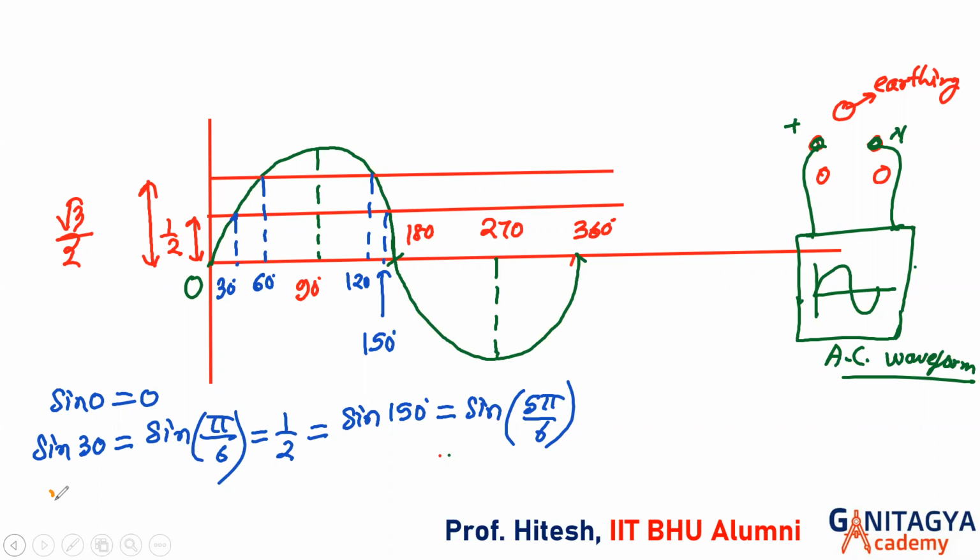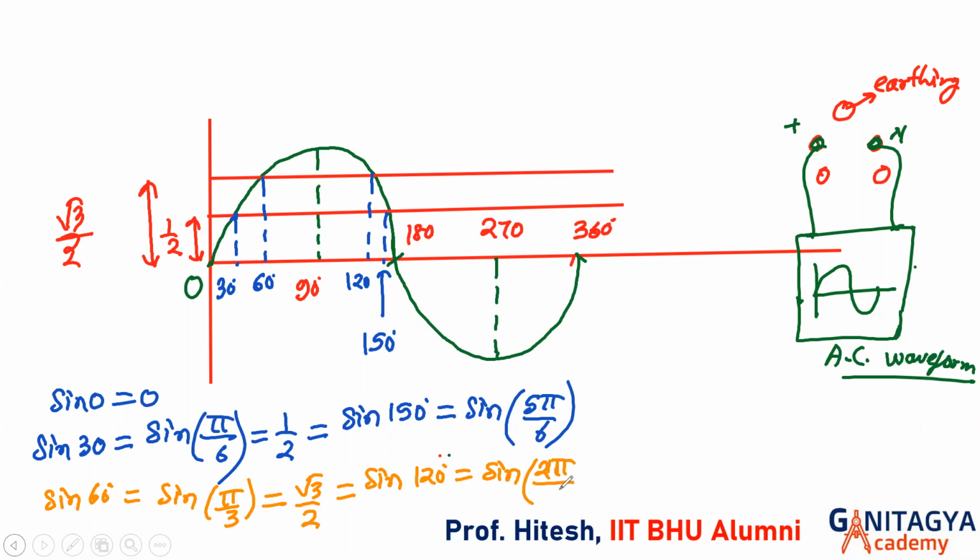Now पॉजिटिव हाफ के लिए next sin 60, साइन 60 को हम लिखेंगे sin pi by 3, ठीक है, और वो होगा √3/2 is equal to sin 120 is equal to sin, क्या लिखेंगे उसको, 2π/3। अंडरस्टूड। So ये वैल्यूज हमेशा याद रखिए, ये पॉजिटिव के लिए हो गया, नेगेटिव के लिए बनाते हैं। नेगेटिव के लिए 2 लाइन बना दीजिए, -1/2 की and then -√3/2 की,